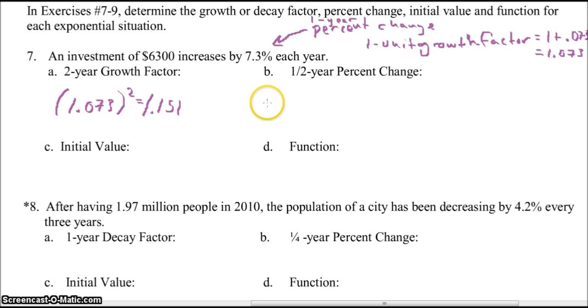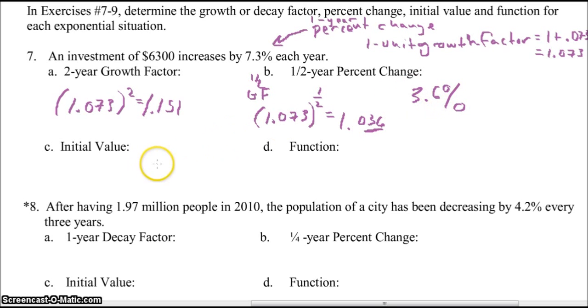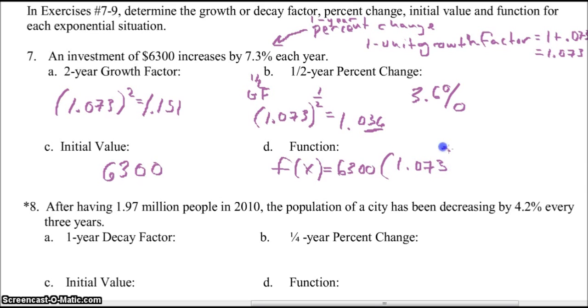Okay, now if I want my 1/2 year percent change, I need my 1/2 year growth factor. So my 1/2 year growth factor is the 1-unit growth factor. 1 year, that's my units or years here. 1.073, and I'm going to need to take a square root. And we get 1.036, and you see the percent change there is the 3.6%. My initial value, my investment was $6,300, so here we have our function is the initial value, 6,300, my 1-year growth rate, 1.073, and then my input x will be the